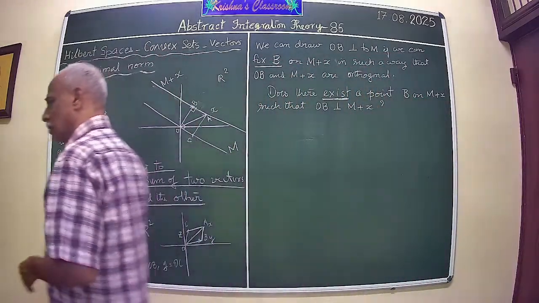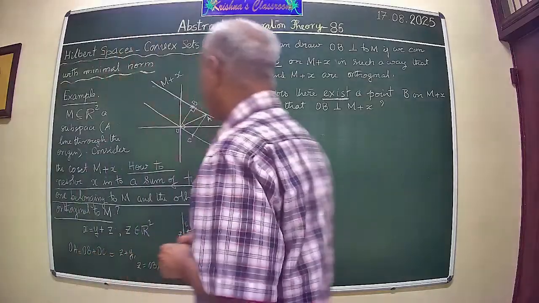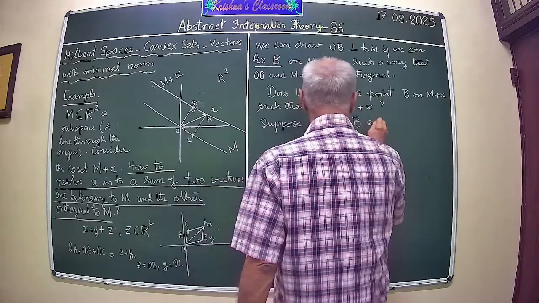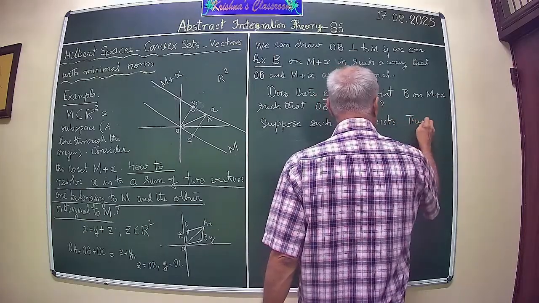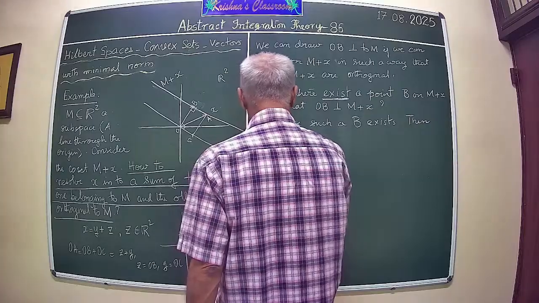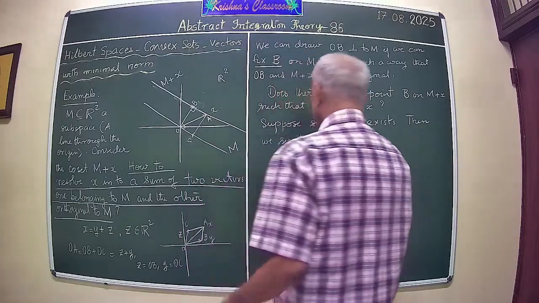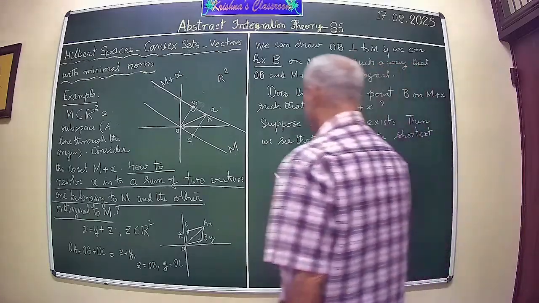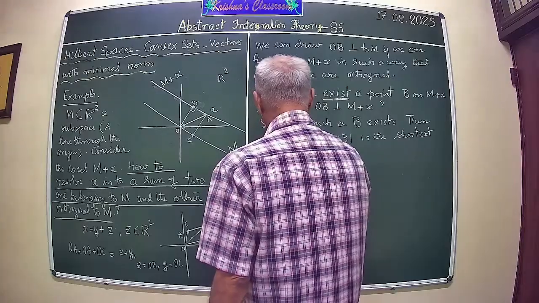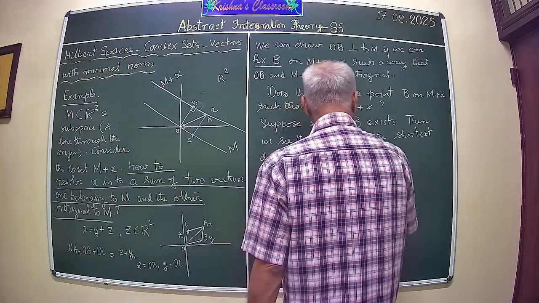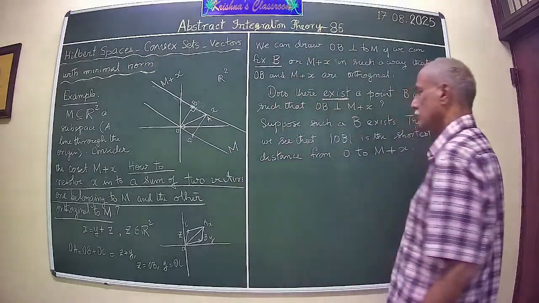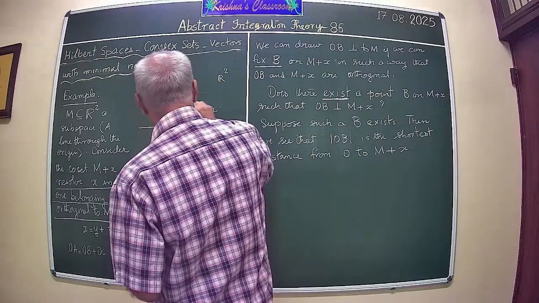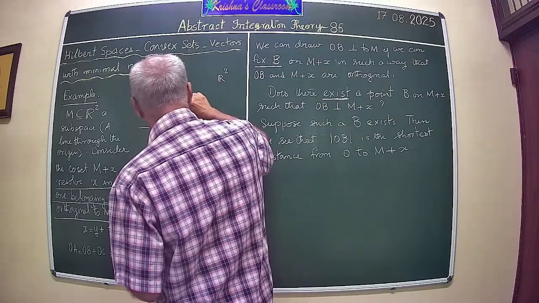Now we will have to go by other properties of B. What are the other properties of B? Suppose such a B exists, then we see that the distance OB is the shortest distance from O to M plus x. Okay. Why is it so? Because you take any other point, suppose B is there, you take any other point, say B prime,